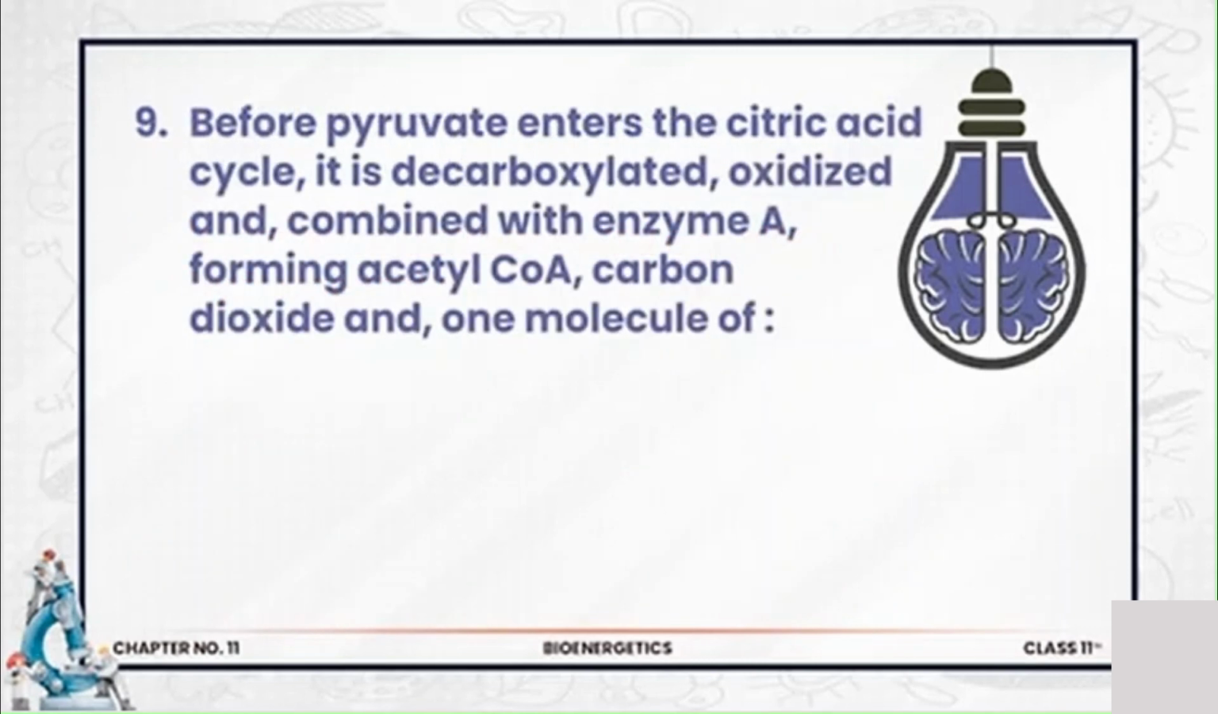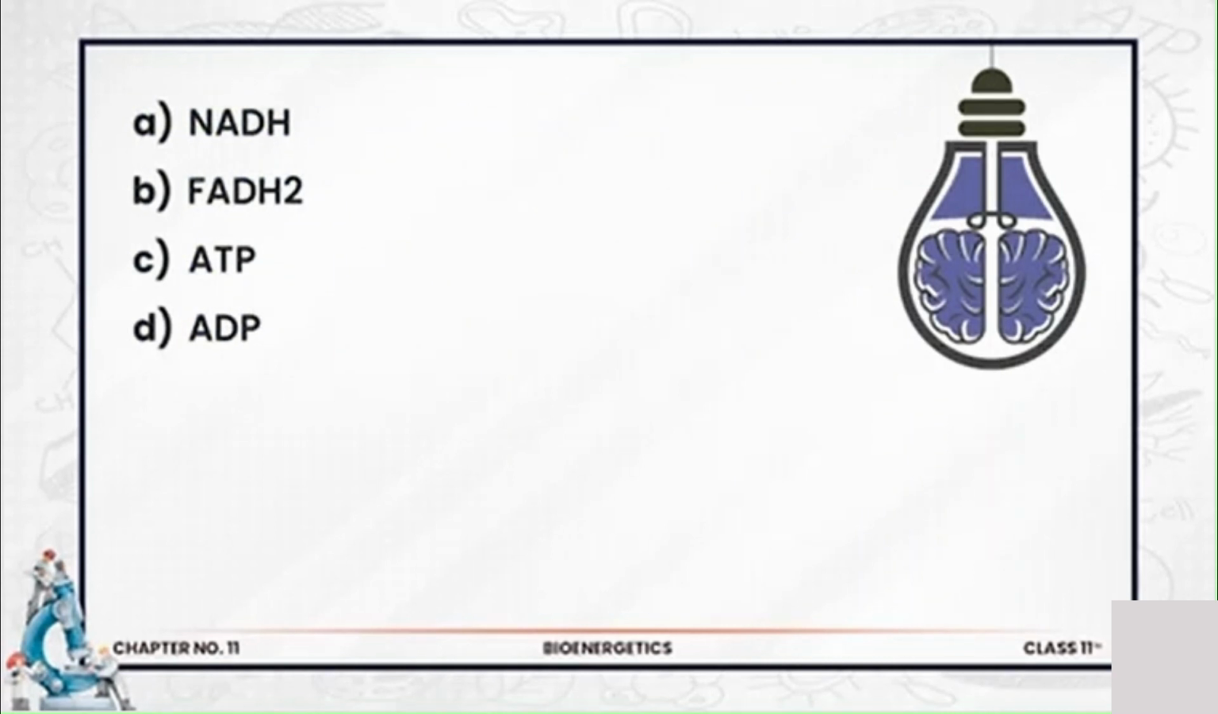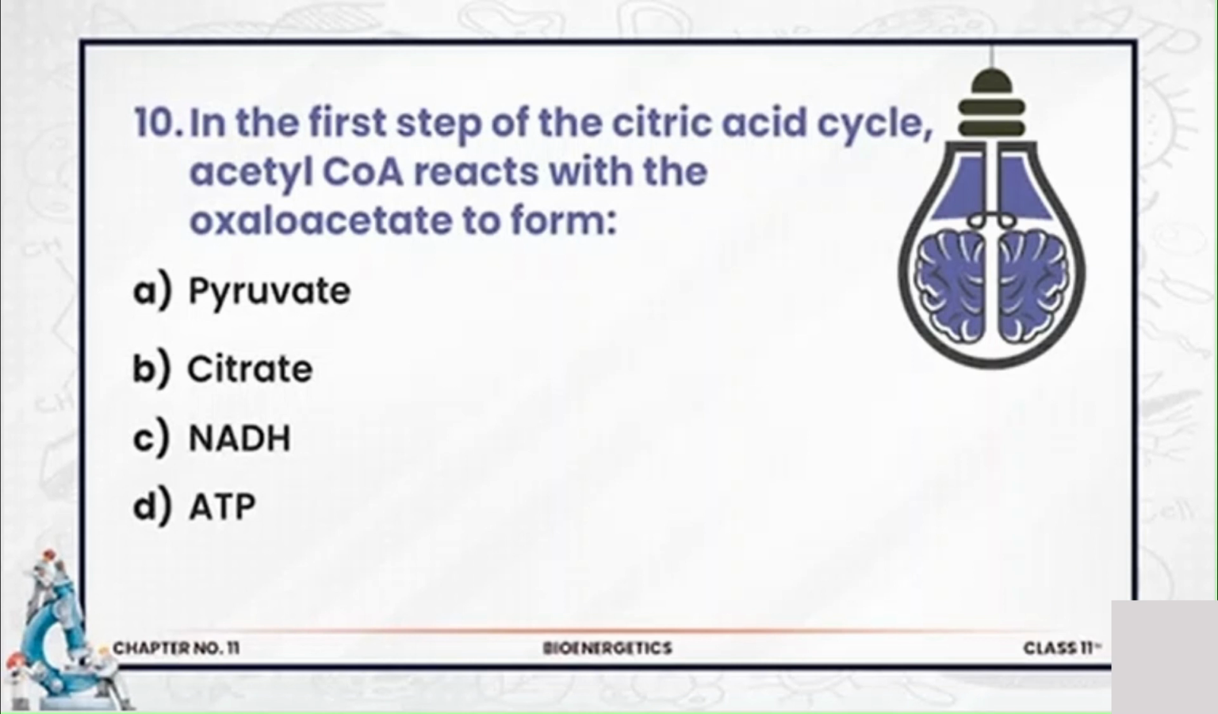Now MCQ number 9, before pyruvate enters the citric acid cycle or the Krebs cycle, it is decarboxylated, oxidized and combined with coenzyme A forming acetyl-CoA, carbon dioxide and one molecule of, yes, alpha option NADH, beta option FADH2, Charlie option ATP and delta option ADP. So the correct answer is alpha option, that is NADH, nicotinamide adenine dinucleotide. Number 10, in the first step of the citric acid cycle, the acetyl-CoA reacts with oxaloacetate to form, yes, a 6 carbon compound. Alpha option pyruvate, beta option citrate, Charlie option NADH and delta option ATP. The correct answer is